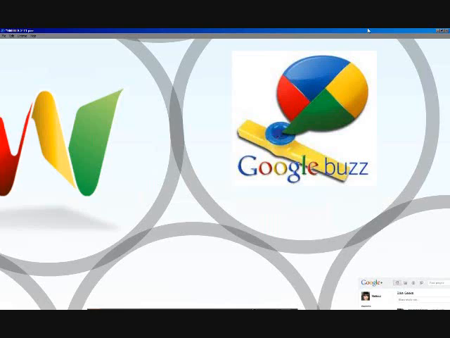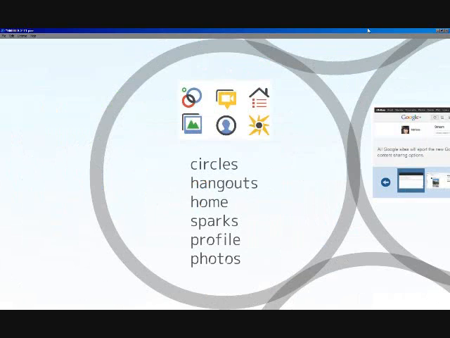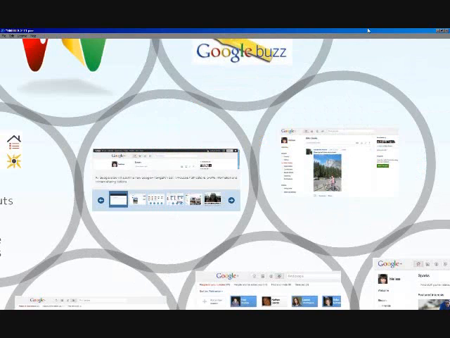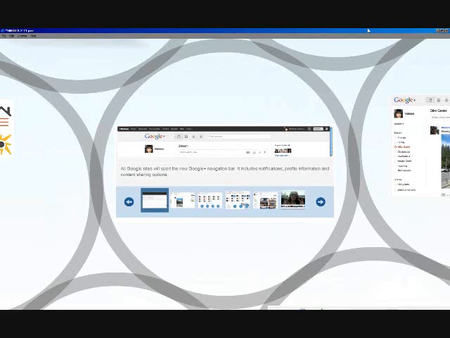The icons that you'll need to be familiar with in the Google Plus system are circles, hangouts, home, sparks, profile, and photos. The navigation bar at the top includes buttons for your notifications, your profile information, your content sharing, and then you've got your stream entry there in the middle.